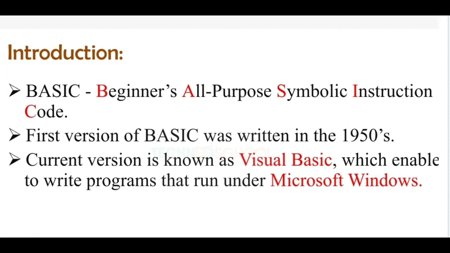GUI I have explained already to you. Graphical user interface means the screens and menus we can see in a system front end. It is a GUI option. We have more graphical options in Visual Basic. Just using the mouse cursor, we can drag a control into the form and it will be placed on the form. So this is the introduction about Visual Basic programming and BASIC programming.